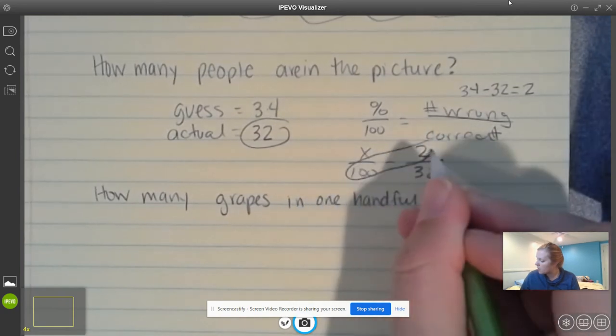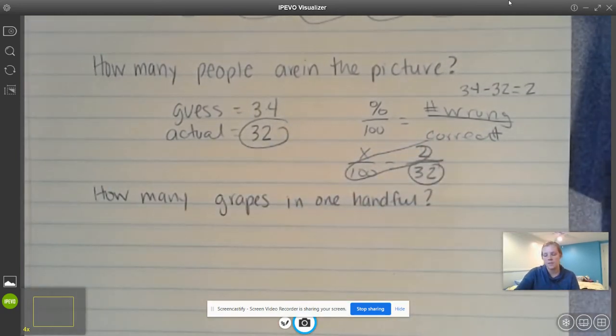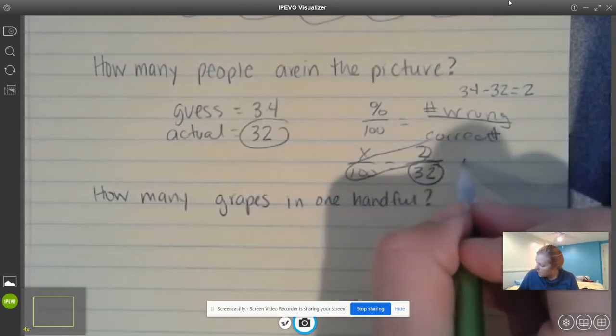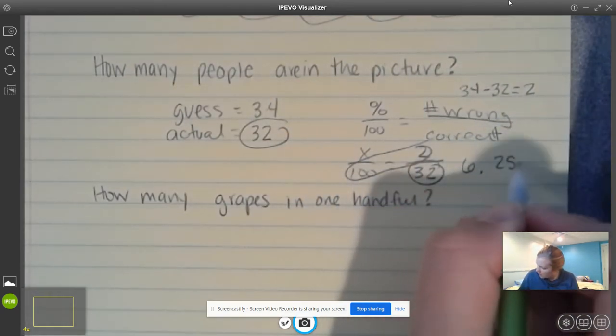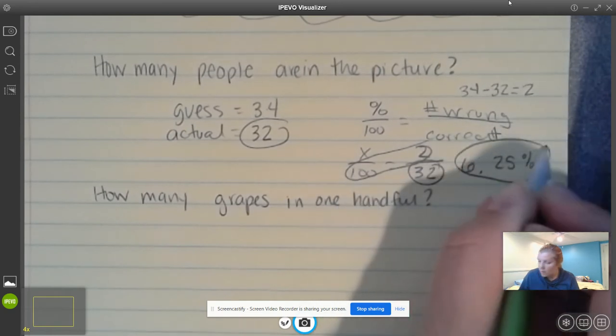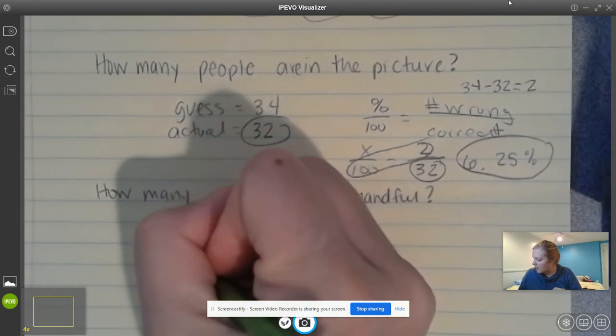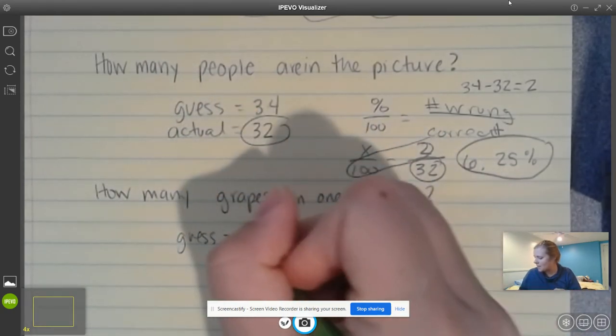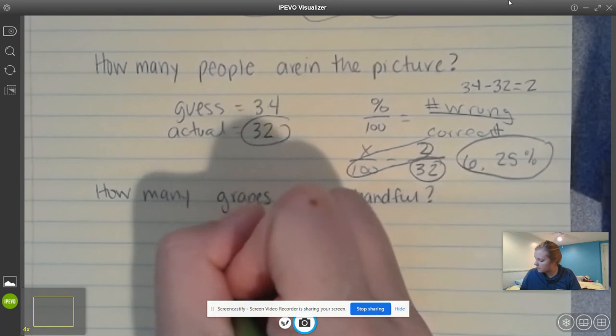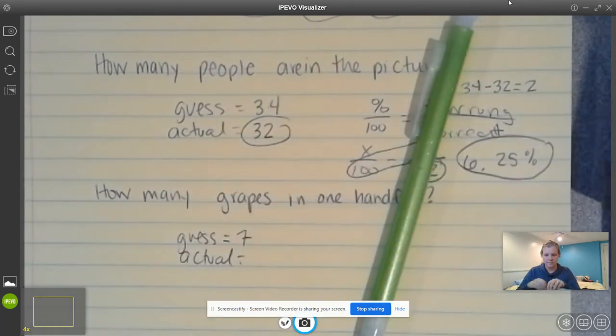So we are going to cross multiply and divide to find the percent. 2 times 100 divided by 32 gives me 6.25%. So I was wrong by 6.25%. My next question is, how many grapes can I get in one handful? My guess is 7. Let's see how many